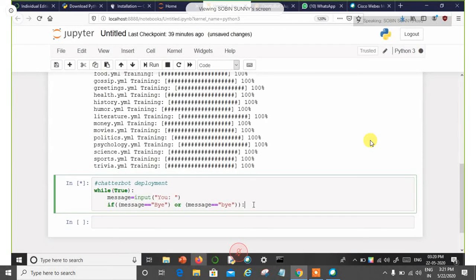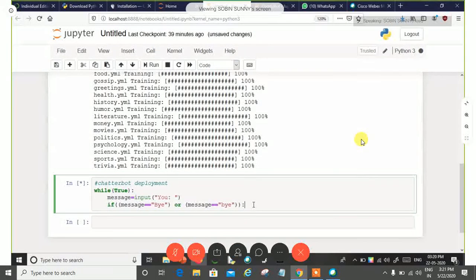I think almost everyone knows the very basics of Python programming, so I'm not going into that syntax. Whenever you are using conditional statements, if conditions or for loops or whatever it may be, you have to use a colon there. I believe everyone knows that. Those people who are perfect beginners, please take care of that.